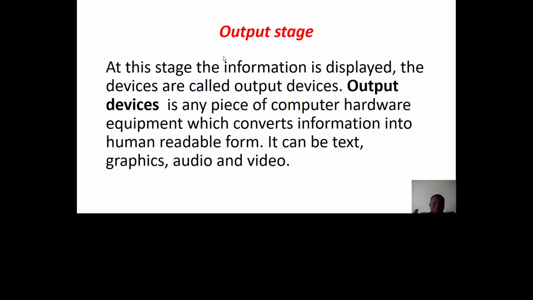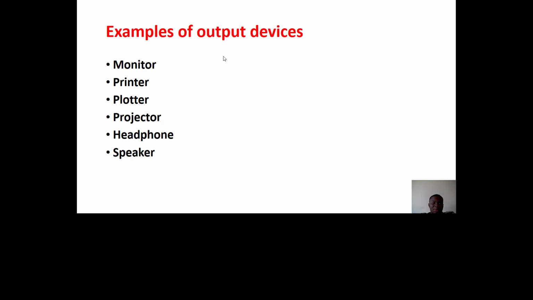So we move on to the output stage, which is the third stage. At this stage, information is displayed. The devices are called output devices. An output device is any piece of computer hardware equipment which converts information into human readable form. It can be text, graphics, audio, or video. So examples we have